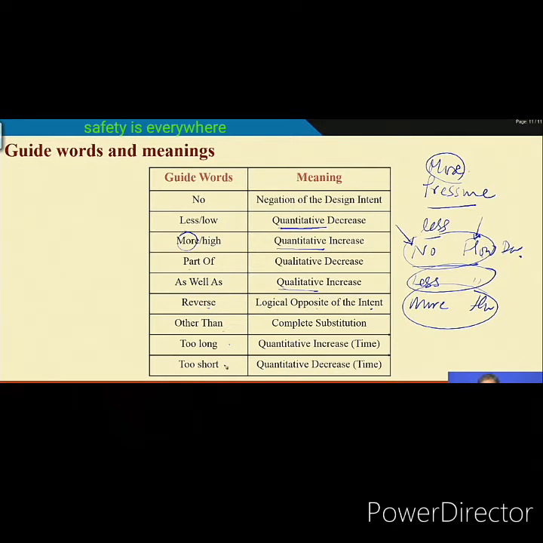So, what happened, once you get some case, you will find out that some of these guide words will be applicable to the process parameter. So, you combine the guide word with the process parameter, and when you combine the two, you will get the deviation. Okay. Like current to the pump too long, it is a time. So, too long is basically pump overrun. Similarly, too short, pump underrun will be there, and as a result the pressure at the tank will be less.